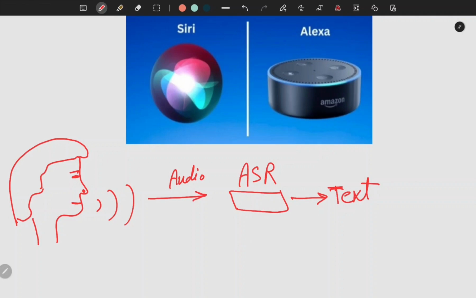Okay? After it is converted to text, it doesn't understand it immediately. The voice recognition only converts from audio to text, and then the text is inputted into the NLP model or NLP engine.